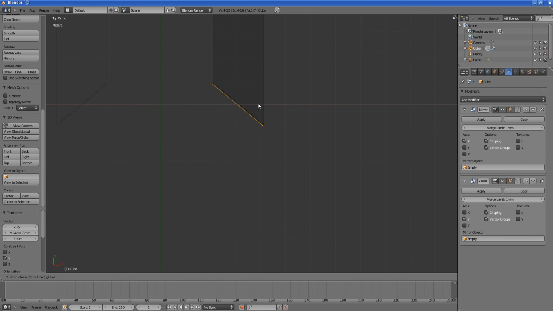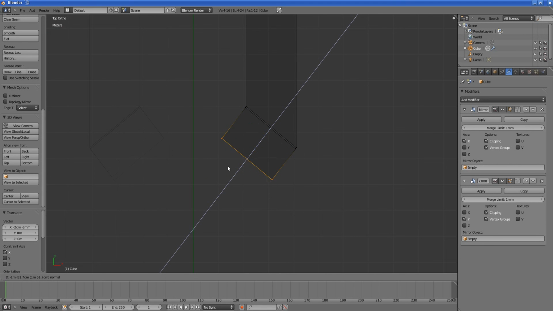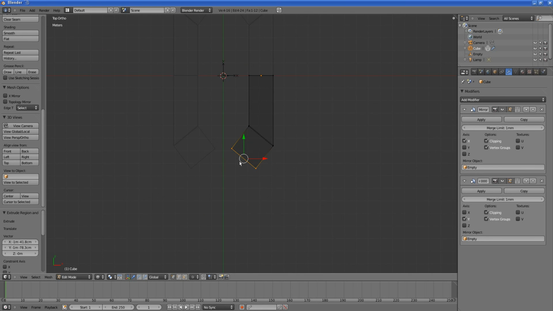I'll show you a few more tricks during this modeling workflow. So I have this face, and let me extrude it now. Now you'll notice that when I press the E key, E key extrudes, the extrusion is happening along the face normal. A normal is perpendicular to the face. So it's going perpendicularly, so I'll just click it here. Now I want these vertices, I want this particular face to be aligned